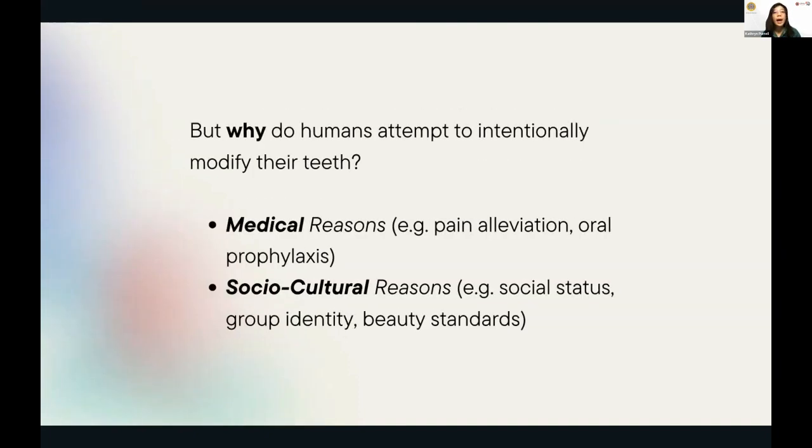But in terms of why humans attempt to intentionally modify their teeth, the reasons can be summarized down to two things. First would be medical reasons, so these can be pain alleviation or things such as oral prophylaxis. Another could be social cultural reasons, so your social status, your inclusion in a group or your group identity,